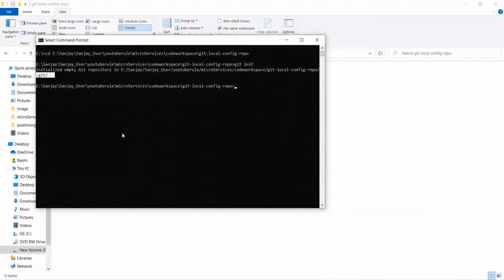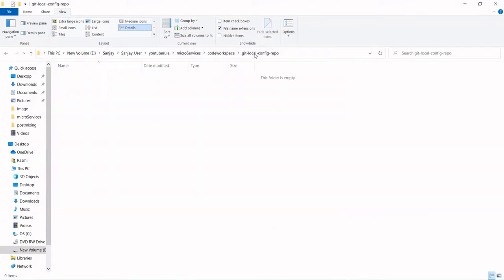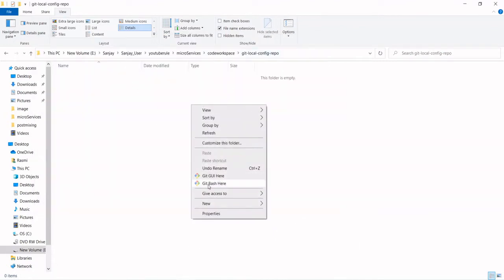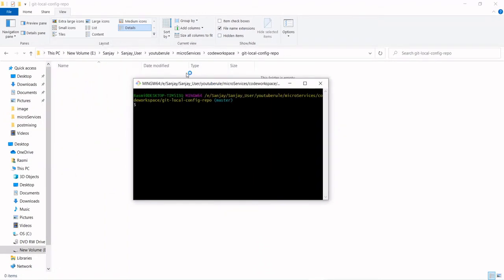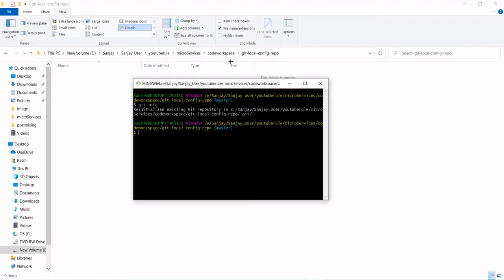Another way is, once you install Git, you will have Git Bash. You can go to the particular folder, right click, and choose Git Bash Here. This option will come once you install Git. This will give you a Unix-like command prompt. Here you can also type git init in the same folder, and it will give you reinitialized existing Git repository.